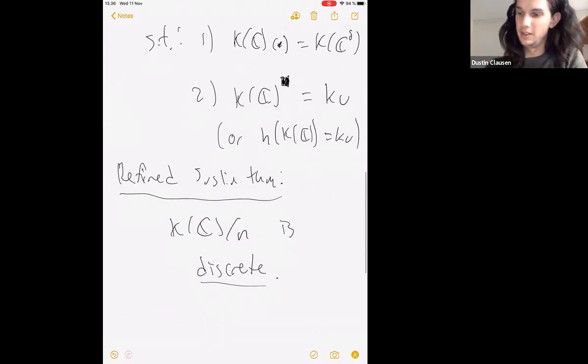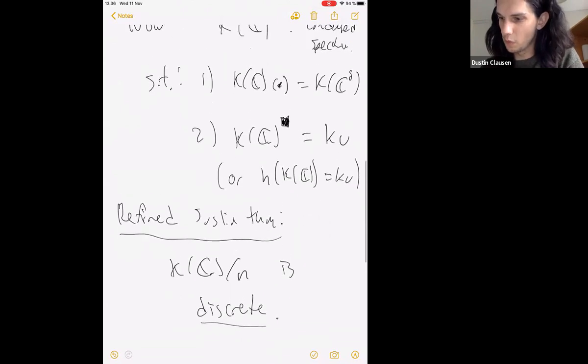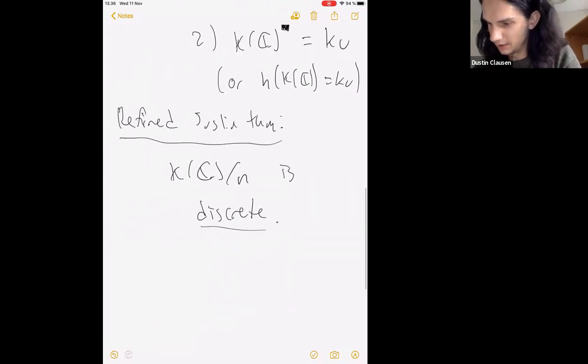So it is an ordinary spectrum and not a condensed spectrum. So why does this imply Scholze's theorem? Well, if K of C mod n is discrete, you can always take the underlying spectrum,